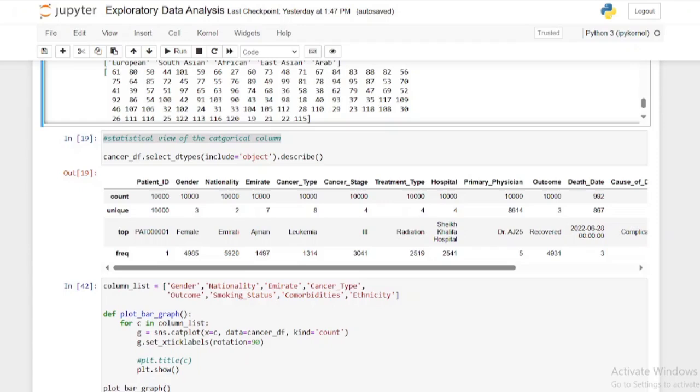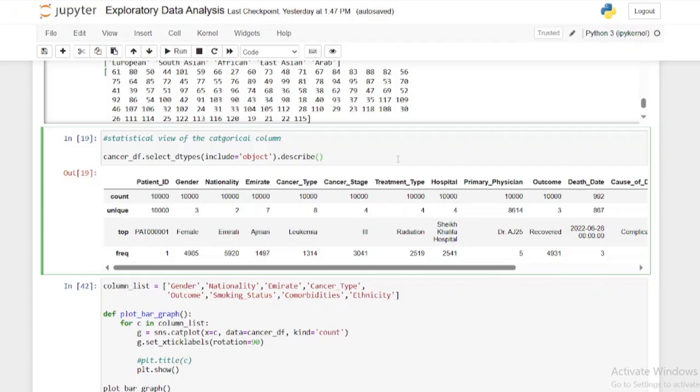A very important method is the dot describe method. The dot describe method, just like we talked about earlier on, is going to give us a quick statistical insight of our data frame. So for example, calling the dot describe method on this data frame is going to tell us the unique values, the top values, the frequency values, and one important thing about the dot describe method, that it differs the